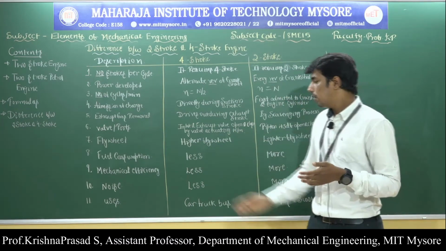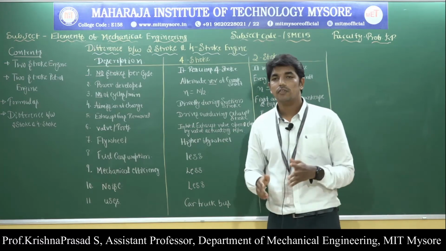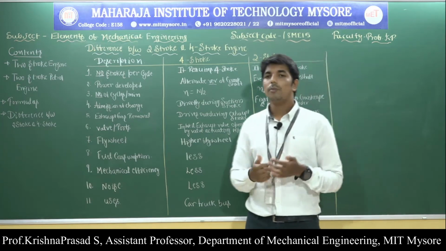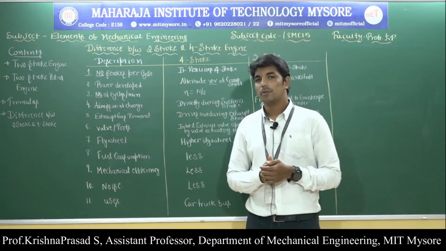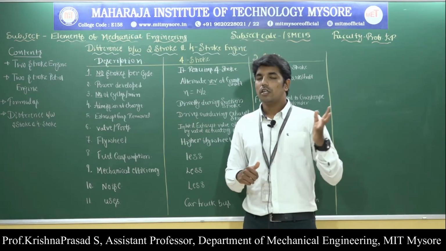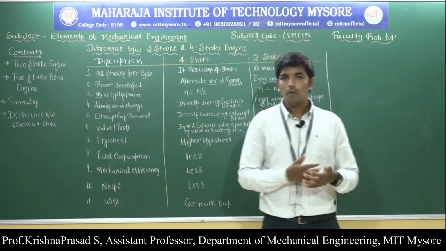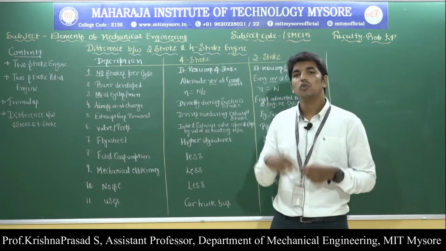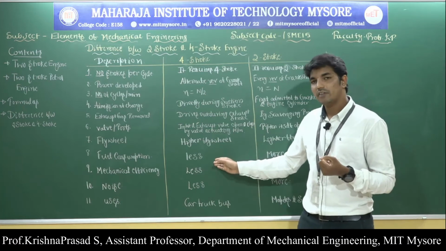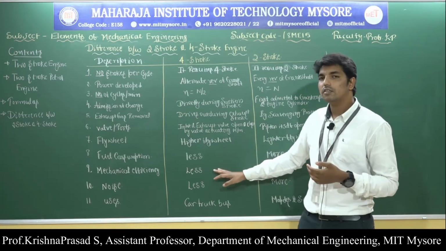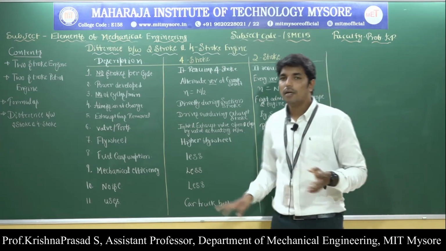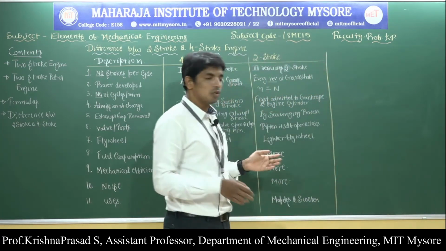Then mechanical efficiency. The mechanical efficiency in case of the four-stroke engine is less compared to the two-stroke engine. Why? Because whatever power is developed is stored in the flywheel as well as in the crankshaft. In order to operate the valve actuating mechanism, that means opening and closing of the inlet valve, power is also extracted from the crankshaft itself, so the mechanical efficiency reduces at the engine crankshaft. But what happens in case of the two-stroke engine?